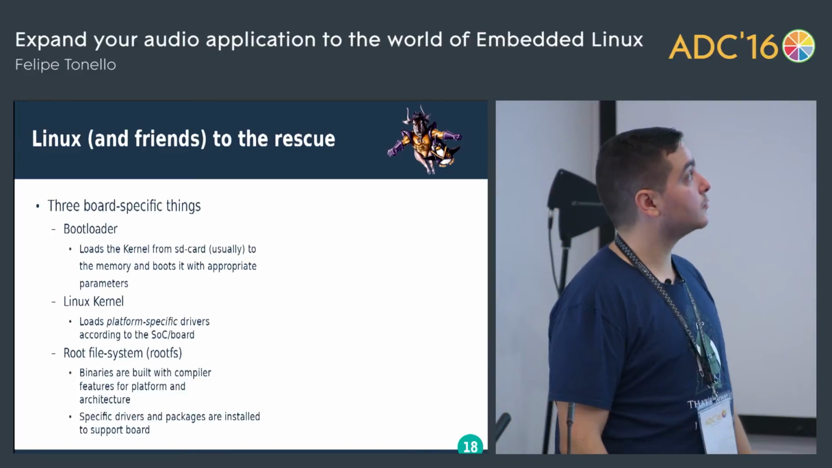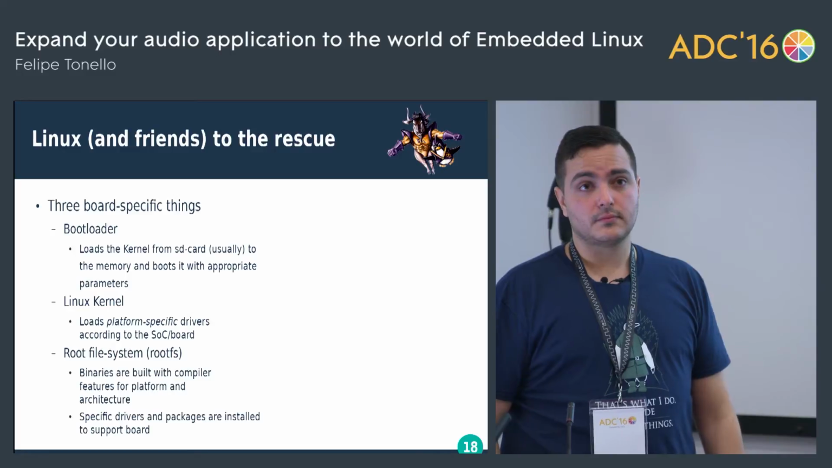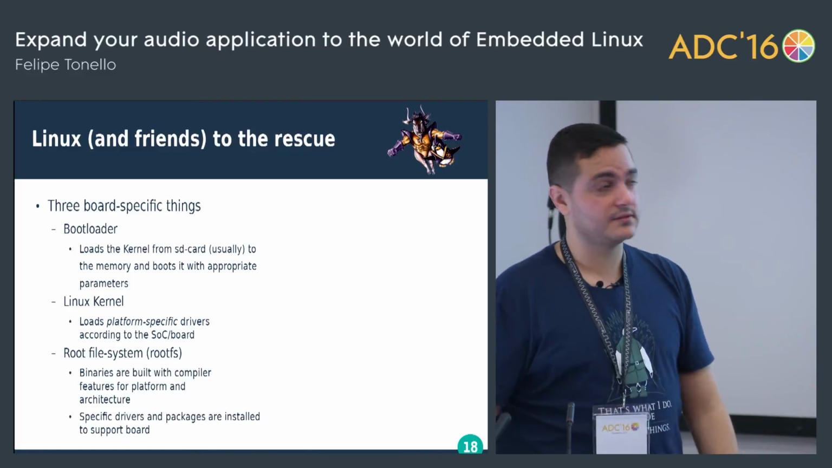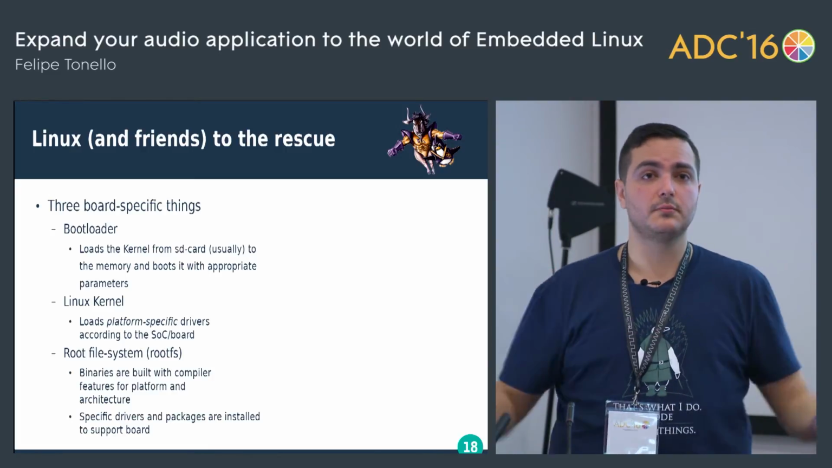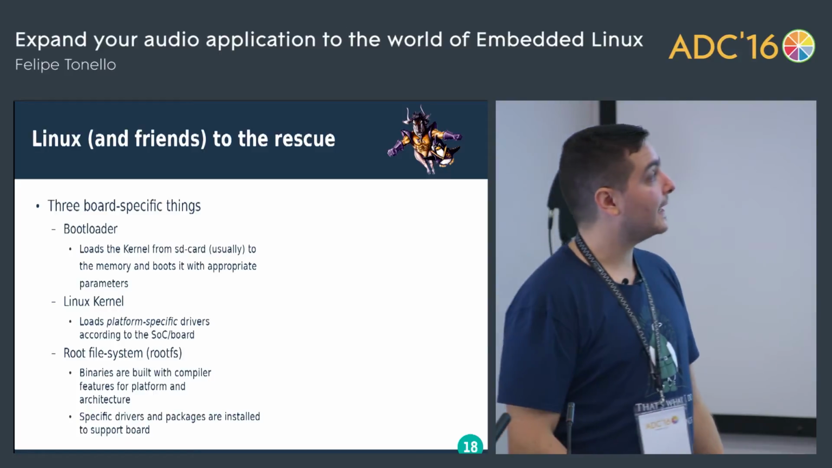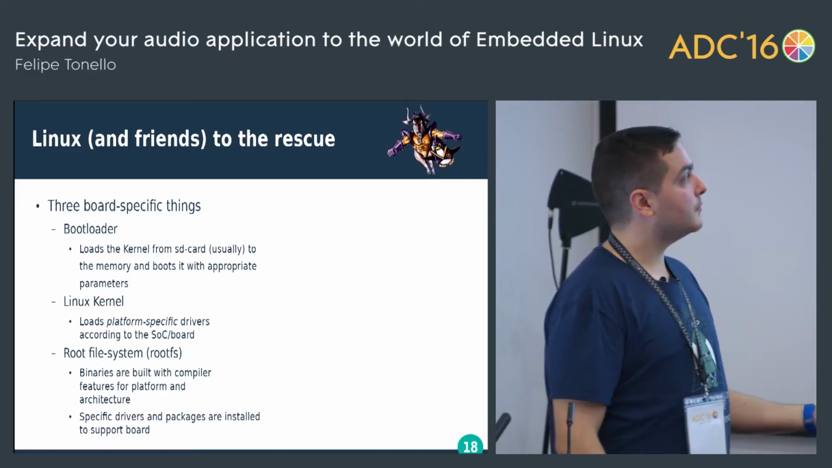And the third is what we call the root file system. What is a root file system? The root file system is literally a root file system, which is the file system where you have all the system information, the system binaries, the system programs and configurations. And why is it higher level? Why is it board specific? Well, because